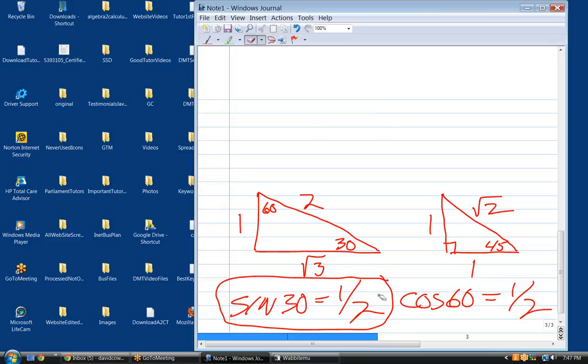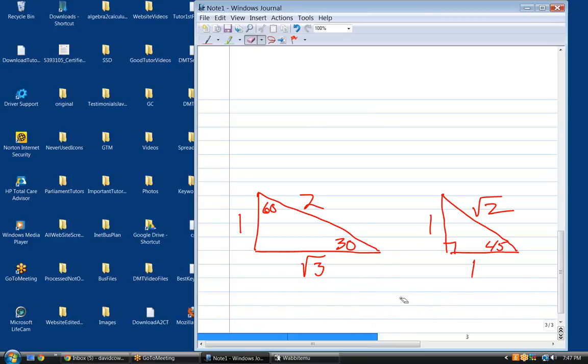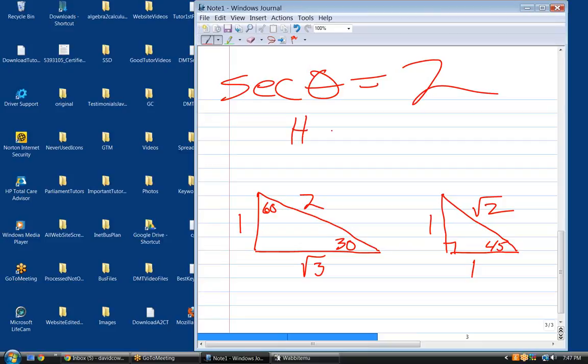So that's the way I do all of these. You wouldn't necessarily have to do that one that way. Let's go back and look at that. Secant of theta equals 2. The way I did it was converted it to cosine, right? But you don't have to. Secant is hypotenuse over adjacent,